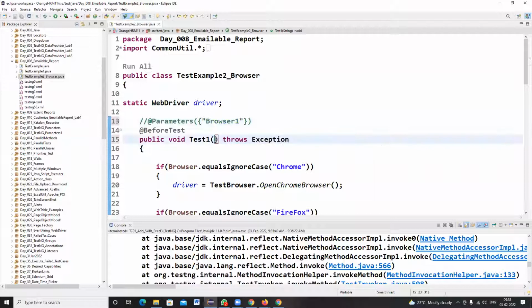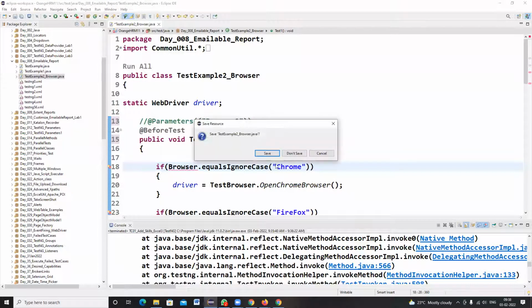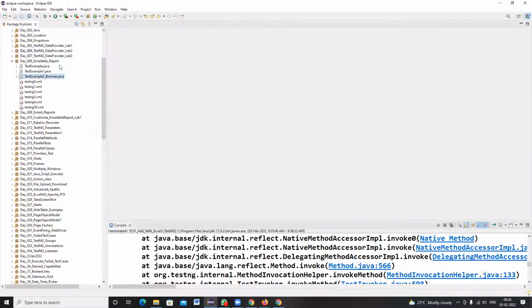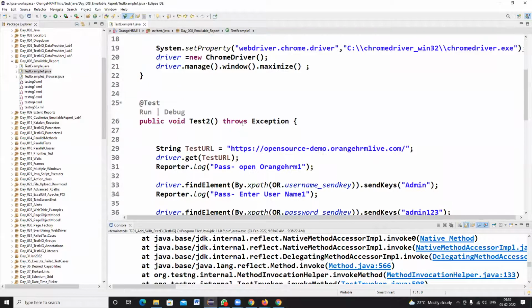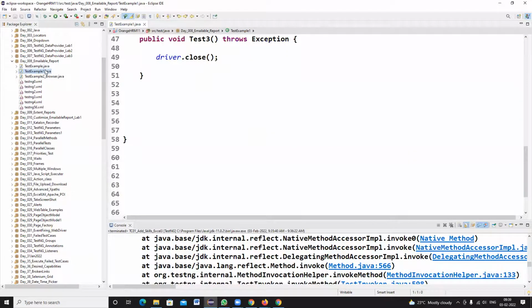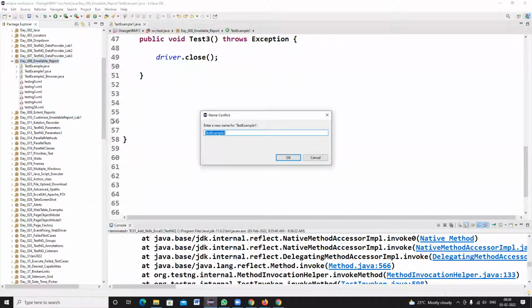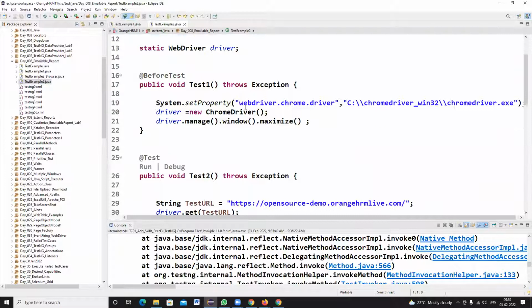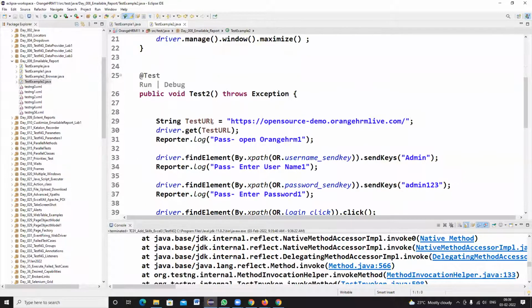Okay, this is the program. I'm taking a copy of the second program and pasting it here as TestExample2. So this is the program that got generated like this. And here what I am writing is,